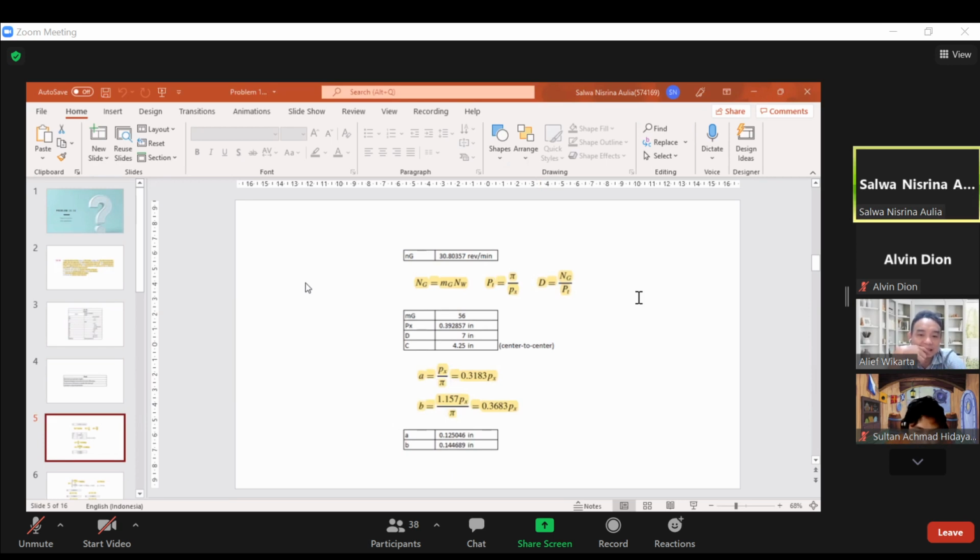I think the direction of force, because in the helical gear we need to determine the direction first, but the equation of the worm is still